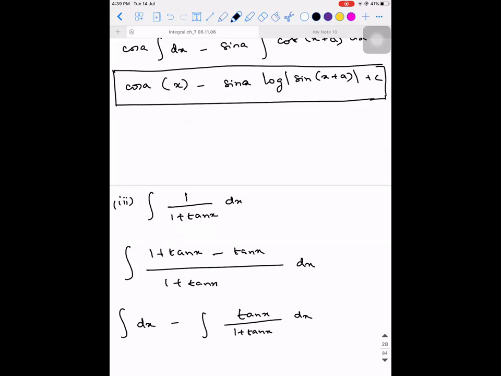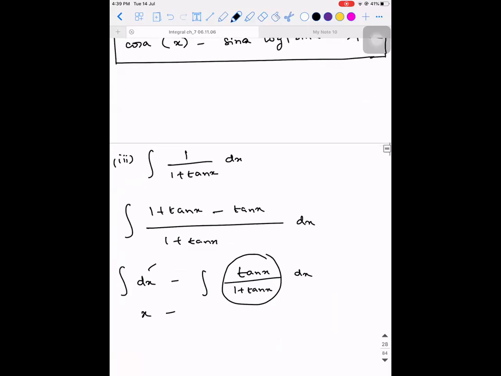Now, is there anything I can do? Is there anything you can do? So this you can solve, the answer will be x. Here, what will you do? Nothing we can do, sir. Again, we'll get stuck. So any other idea? Do you understand why you will get stuck? Yes, sir. Why? We don't know how to substitute, where to substitute, sir. Yes, you don't know what to substitute. So one thing is,